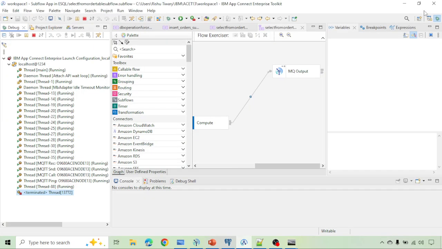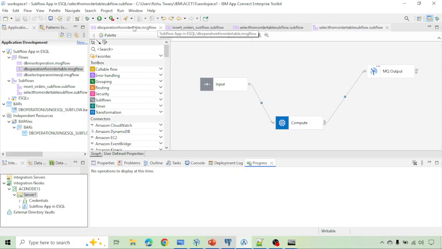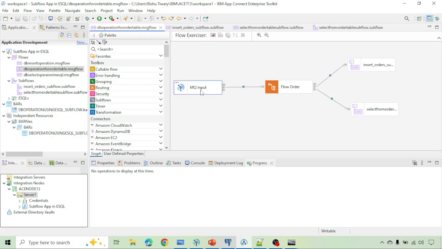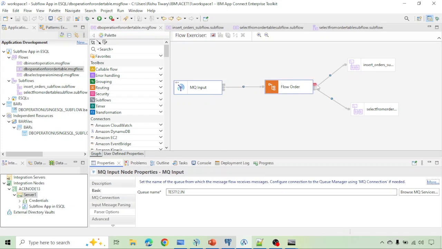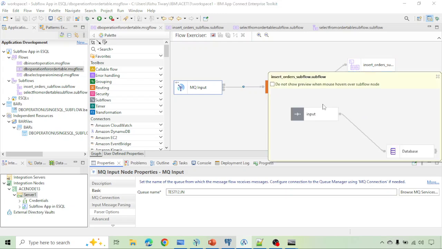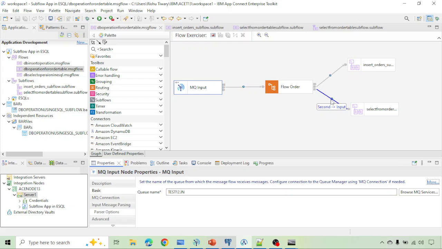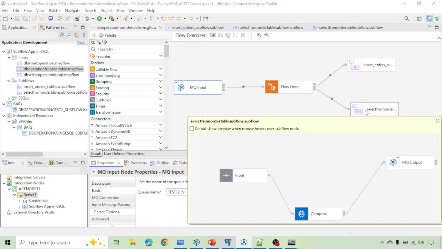Okay, so here we have done nothing. See, it is very simple. With the help of MQ input, we have taken the input message from the q12.in. With the help of flow order, first I send a message to this queue. We have the subflow insert order in subflow. With the help of the input terminal, we have taken a message from the main message flow to the subflow. With the help of the database node, I did the database operation, inserting into the table. And after that, we don't want to send anything in output, so I don't use the MQ output terminal, and that's all. Okay, further I send another message into the second terminal, and here I am using the input terminal